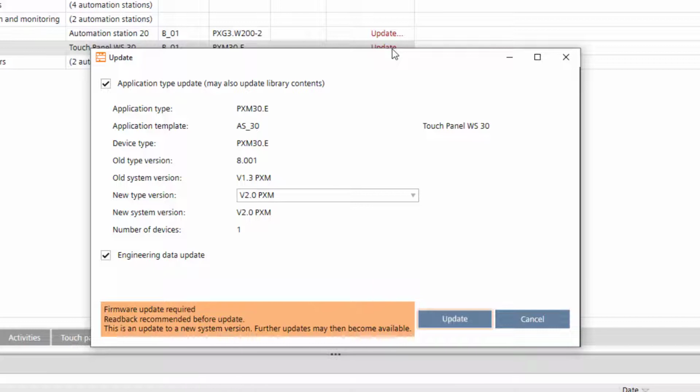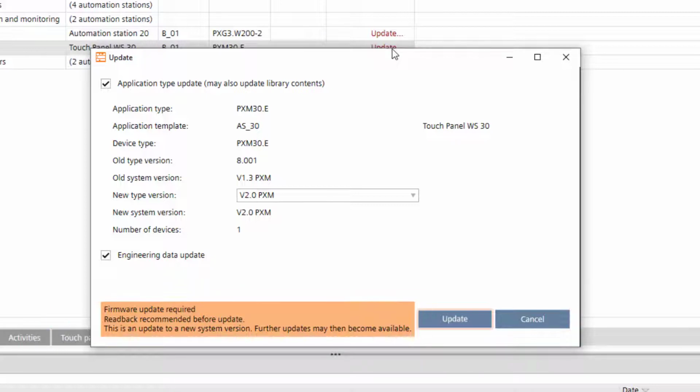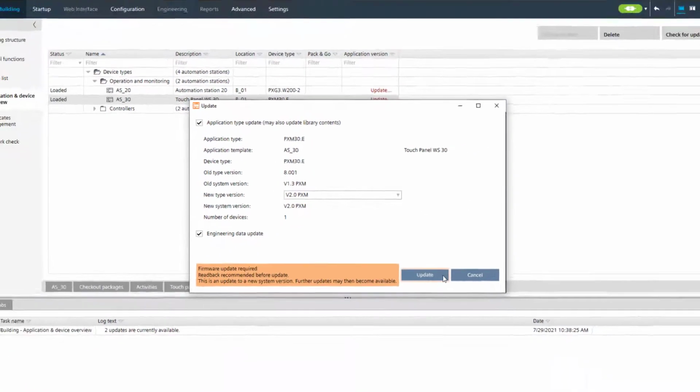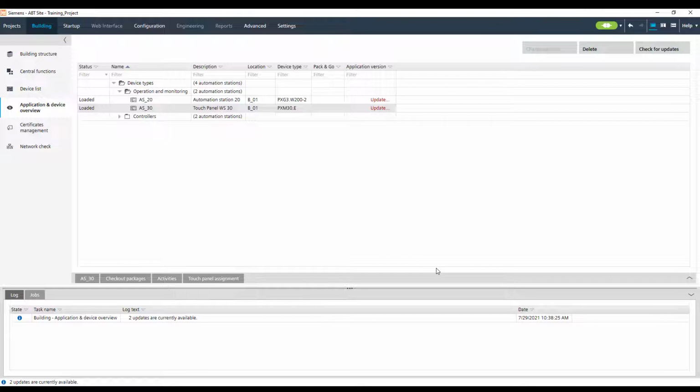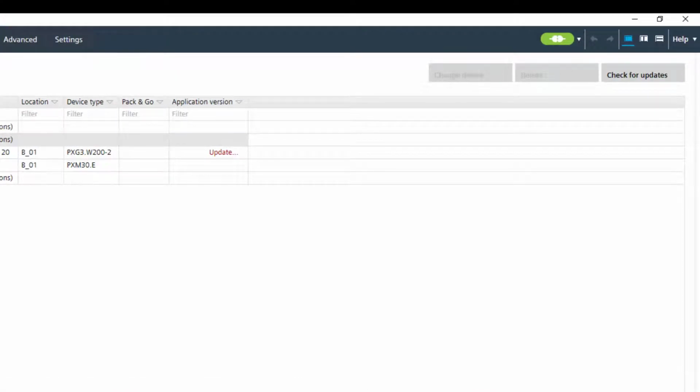As mentioned already during the workflow description, this is a system major update, and it is the base for the future updates. This is also the reason why, with this update, the device is going to be cleared. So, click on Update to proceed. After a couple of seconds, a confirmation message will be shown in the log below, and, if we start once more the check for updates, the suggestion will no longer appear for that device.